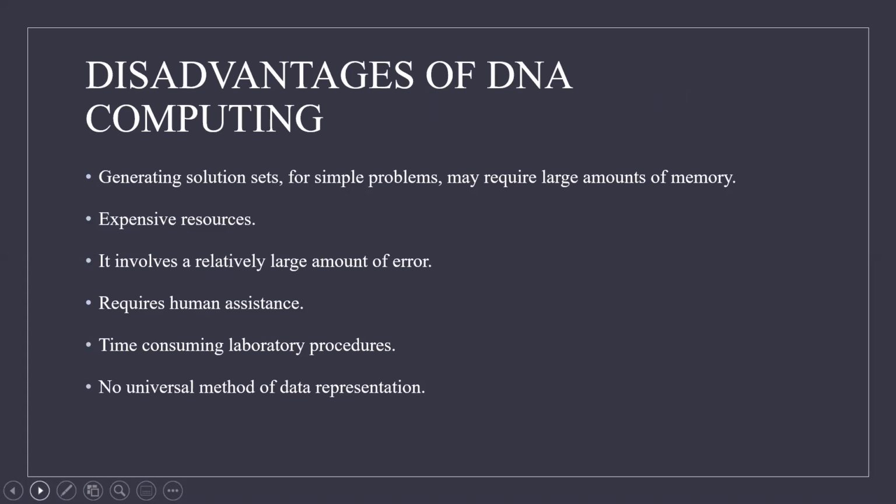DNA computing, being probabilistic, is a drawback as much as it is an advantage. Finding all possible sets of solutions for a simple problem needs a lot of memory, even when there's no necessity for it. One of the biggest problems faced is that there are no effective implementations for testing, verification, and general experimentation. This is because the resources required to execute algorithms are expensive and hard to find.